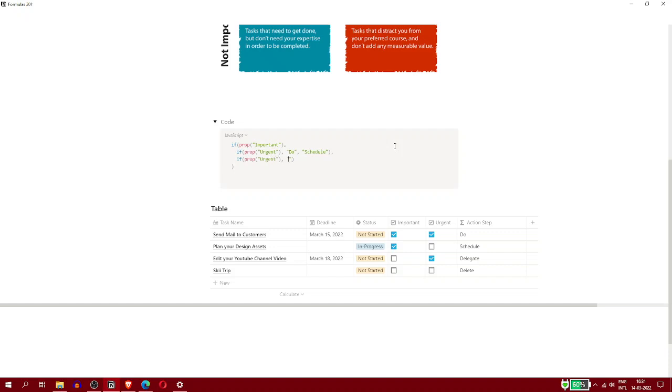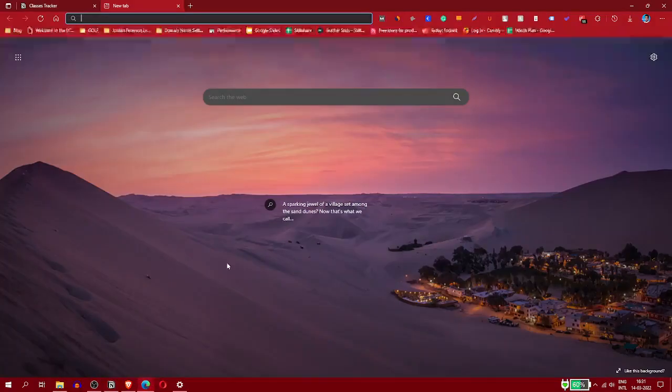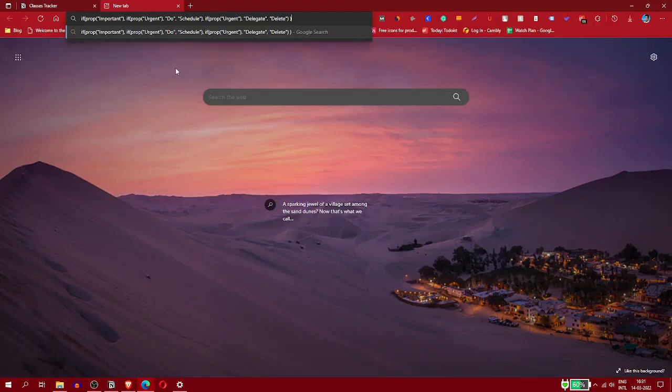Not important. These are formulas. Back here. There will be some activity here.